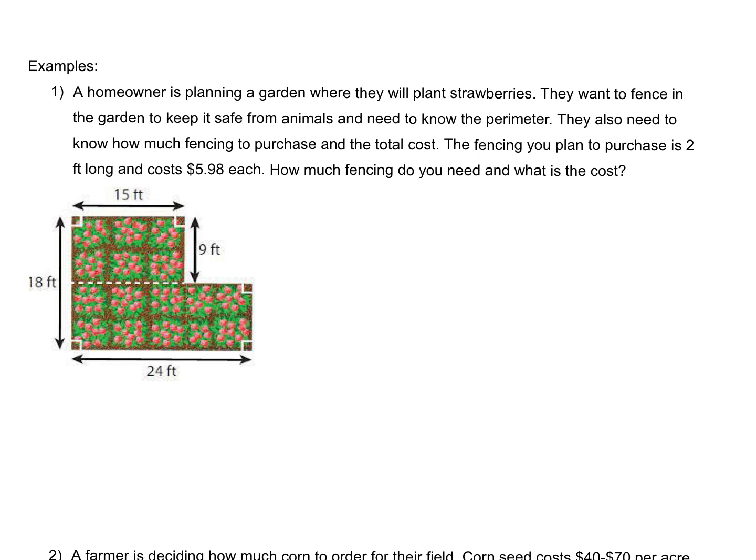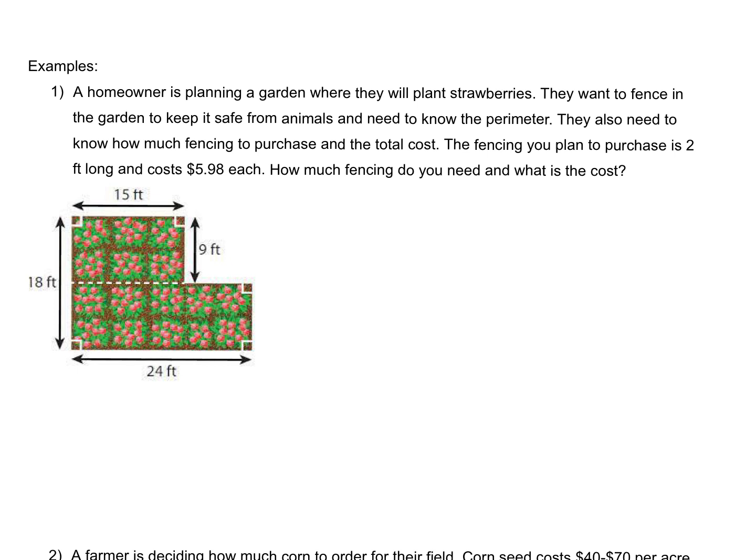So this is a very common type of problem that homeowners have, is that they are planning something, they need to figure out how much material they need and the cost. So first we want to find our perimeter. So this is kind of an example of a composite figure. I have 2 rectangles. So I'm looking at my perimeter, which means I only care about the sides of the